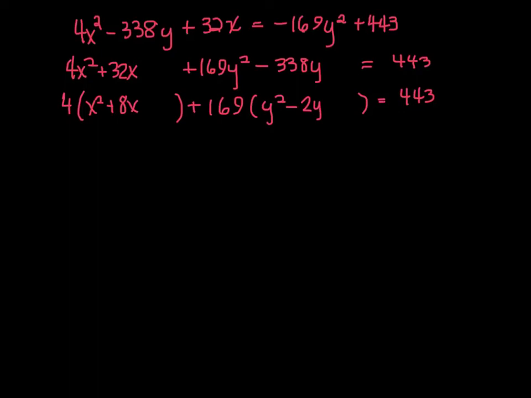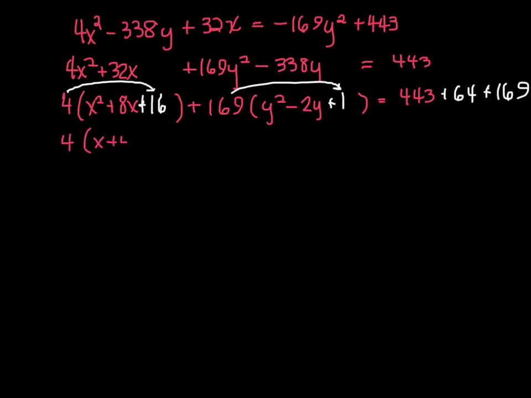and if I take 8 and divide by 2 and square it, I'm adding 16. But remember, it's inside the parentheses, so what I'm actually adding is 64, so I'm going to add 64 over here. Negative 2 divided by 2 and squared, I'm adding 1, so in actuality, I'm adding 169. So what I get over here is 4 times (x plus 4) squared plus 169 times (y minus 1) squared equals